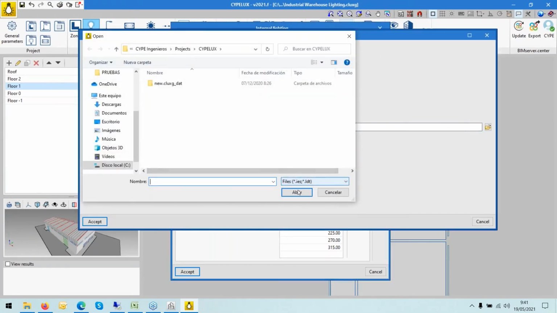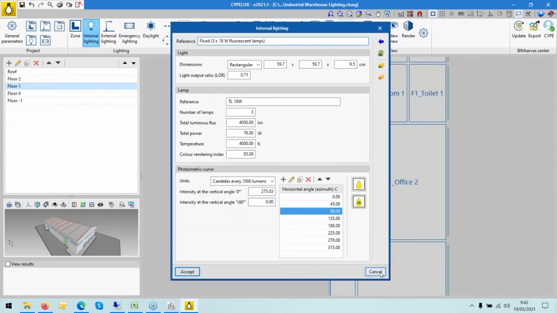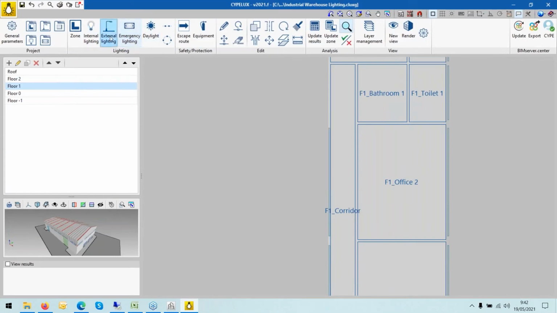As you know, the different manufacturers and vendors have these types of files on their websites. If you get them, you have to import them by double-clicking the file, and you can use them in a program. So that's quite interesting. Remember, this is something you can do for internal lighting,